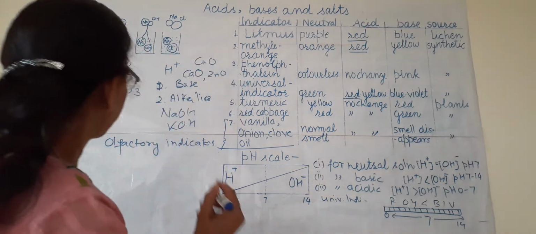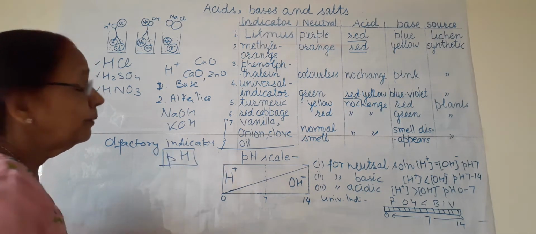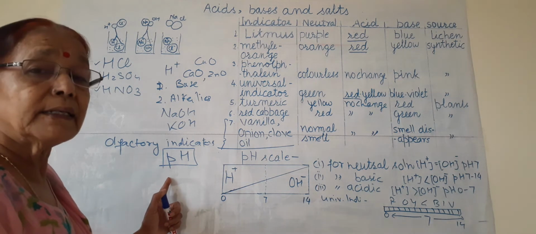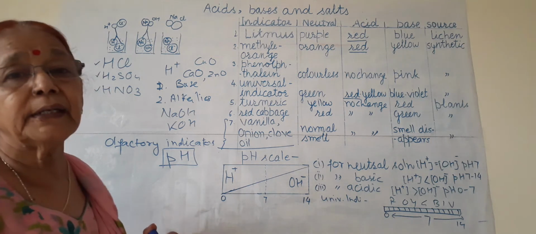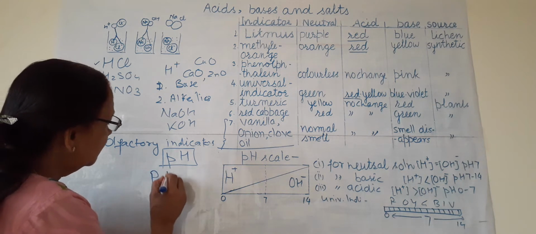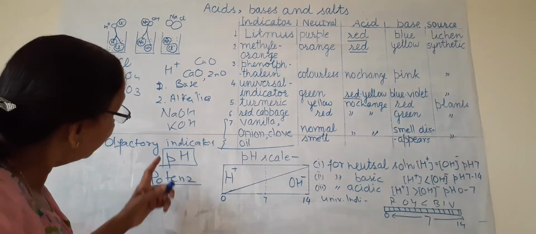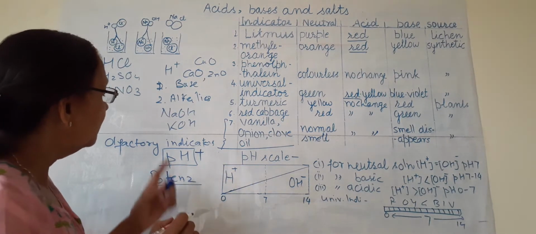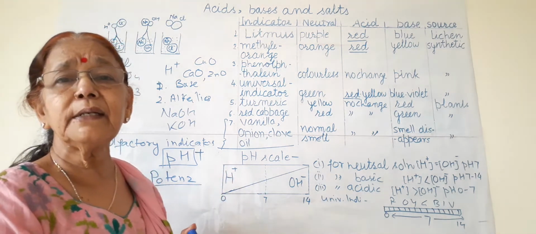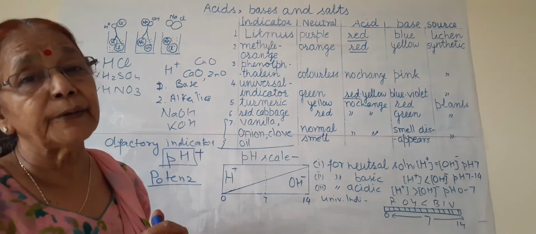Now coming to the next topic, and that is pH. What is this pH? pH of acid or pH of base. P is written in small and H is written in capital. This P in German is from the word potence. Potence means power or strength. Power of hydrogen ion is pH. We should know that in acid the hydrogen ion is dissociated in aqueous solution, so we should know what is the power of this hydrogen ion.